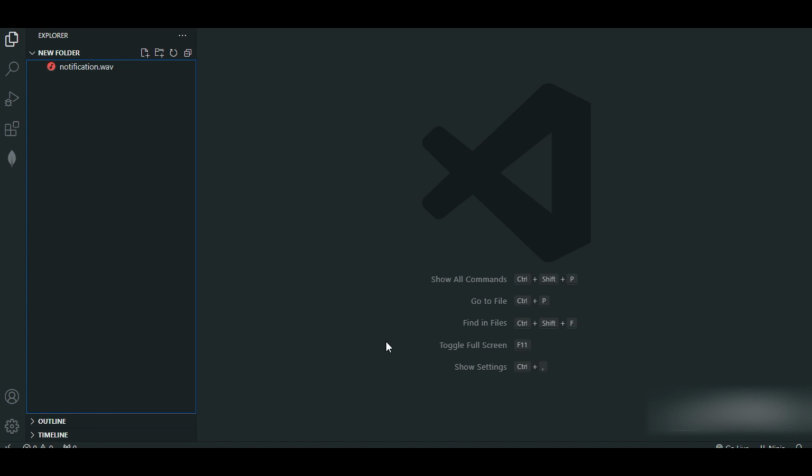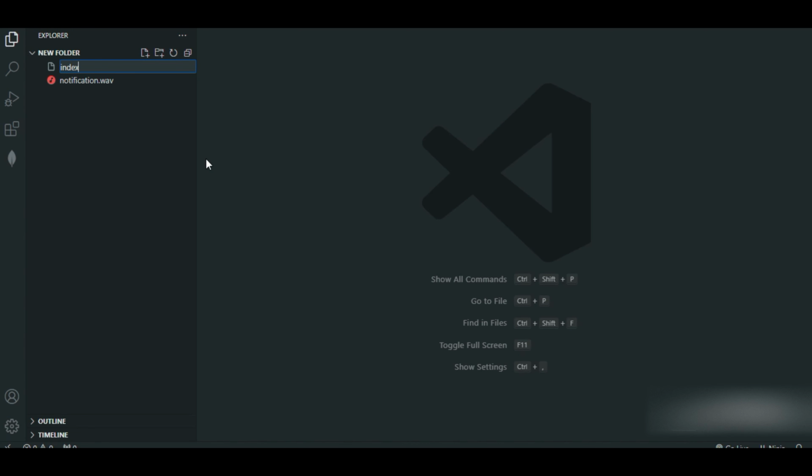So here we'll not be creating any to-do list. We'll just be creating the Pomodoro clock or the Pomodoro timer. So this is completely beginner friendly and it is completely a basic application. So let's start by